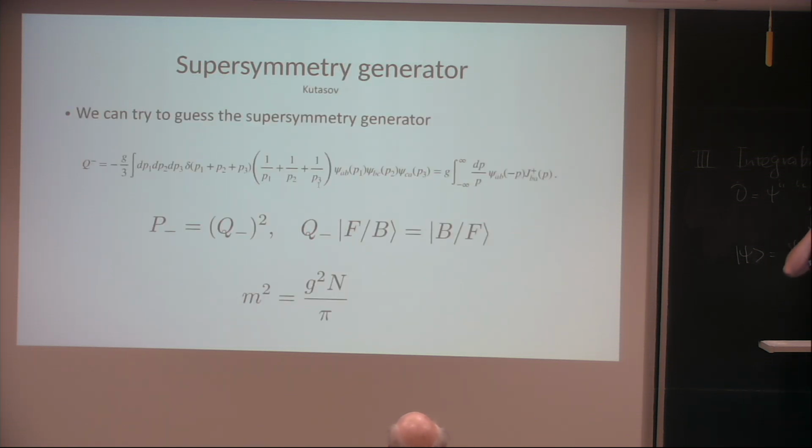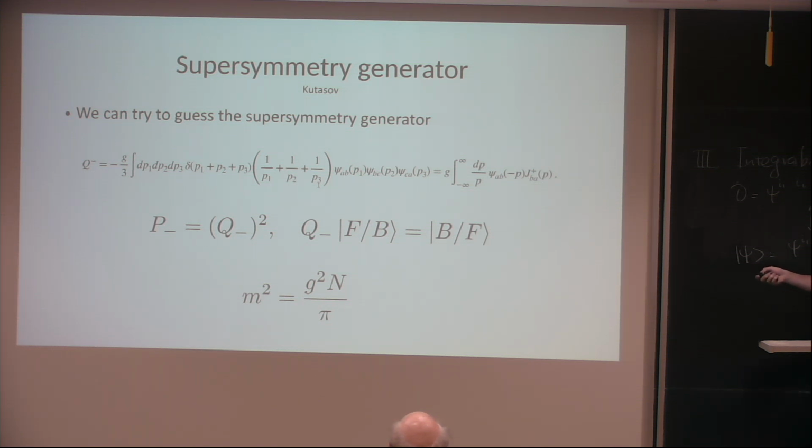Let us try to construct a generator, the supercharge, of this symmetry. That was first done by David Kutasov. Actually, first David Kutasov introduced the supersymmetry, and after that it was checked numerically. So to construct the supersymmetry charge, we need a fermionic operator, so it should consist of an odd number of fermions. It should be a gauge singlet, so we now know how to contract the indices here. And it should have the correct dimension, so we know how to put in correctly the dependence on momentum. After that, we can try the simplest